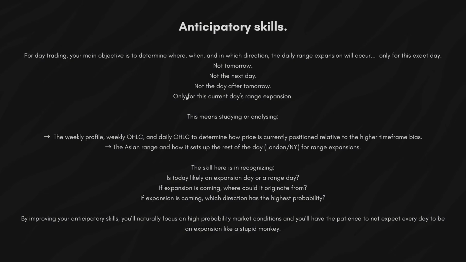Because when you identify days where expansion isn't likely, where we won't have a range expansion, where the probability of an expansion happening is low, then you instantly filter out half of your bad trades. And due to that, you not only save your capital and your emotional energy, but more importantly, you save your confidence from unnecessary drawdowns. You save yourself from forcing trades in low probability conditions, on days where expansion isn't likely.